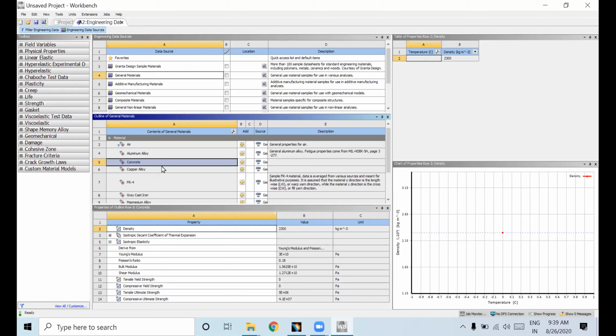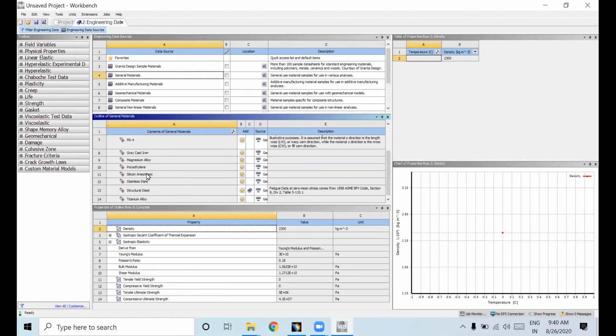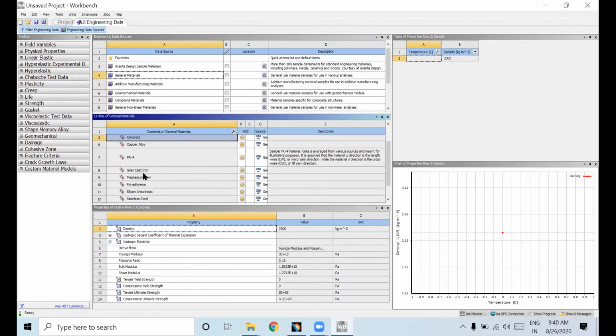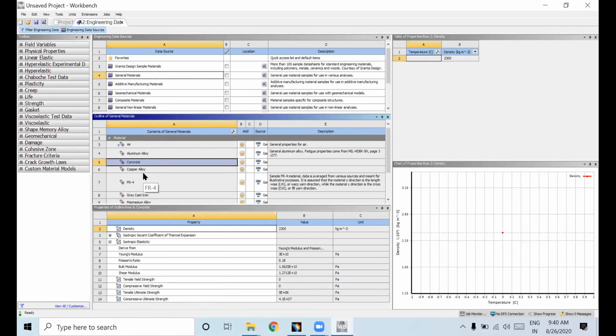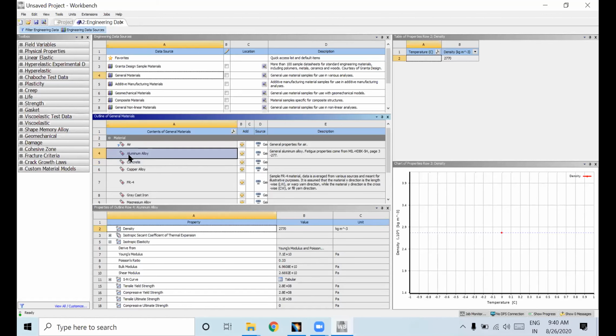So here, I will consider an aircraft connecting rod. To manufacture the aircraft connecting rod, presently industries are using structural steel. Now I will try to optimize the material with aluminum alloy or magnesium alloy. Here you have all the basic general materials. If you find other materials in the literature survey, you can add them, and I will show you how. First I will add aluminum alloy, which is a general material.